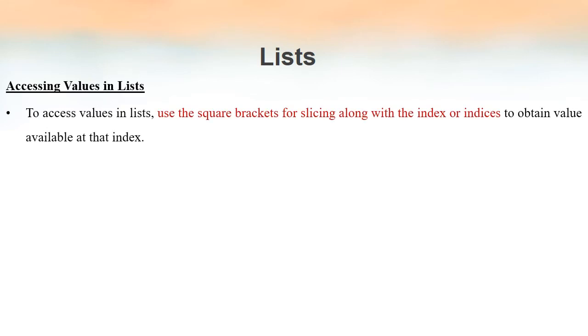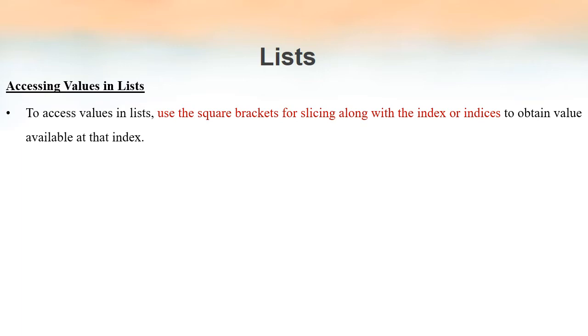Now we will see how we can access each element inside a list. For accessing elements inside a list, we have to make use of the slice operator, which is our square brackets along with the colon operator, and we have to think about one thing, that is the index number. This is an example of accessing elements inside a list by using the index number. We have lists named list 1 and list 2. Inside list 1 we have physics, chemistry, 997, 2000, and list 2 has some numbers from 1 to 7.